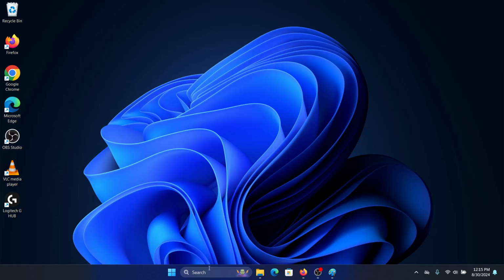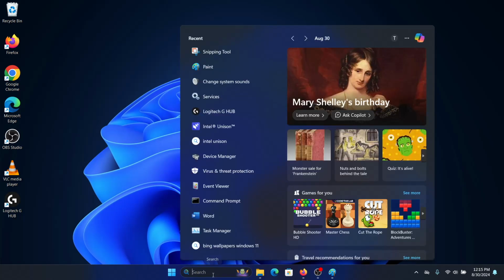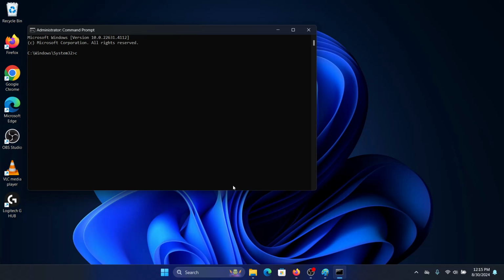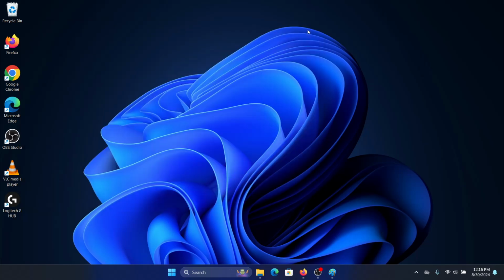The last thing we need to do is run another command on command prompt. So look in the search bar for command prompt, right click, run as admin, and we will enter the command chkdsk space /f space /r, press enter. Then we'll press Y and press enter, wait for the scan to finish and then restart your